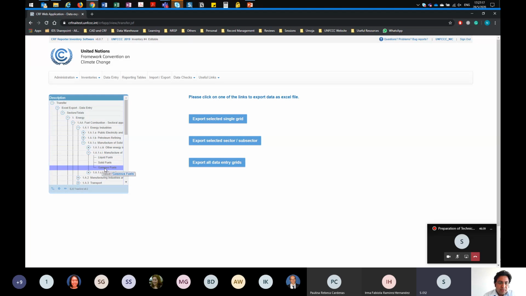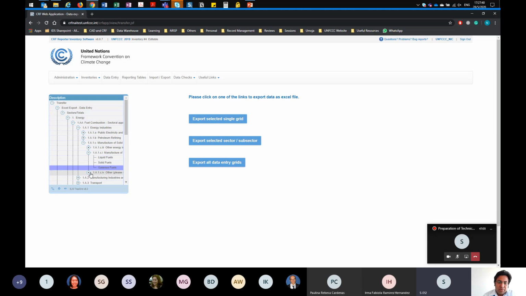I have the option to just export this node for data entry, or I can export the whole energy sector, or I can export all sectors for data entry. So there are various options, and you can select whichever is applicable for you.